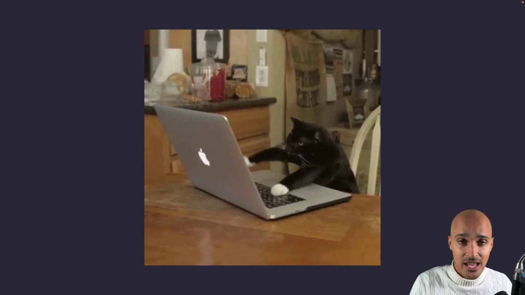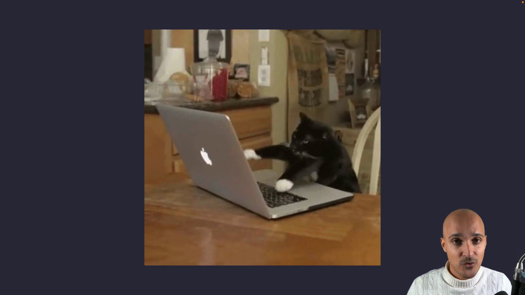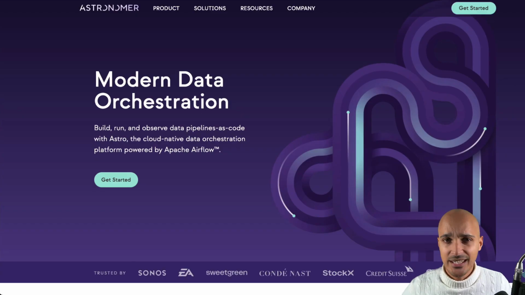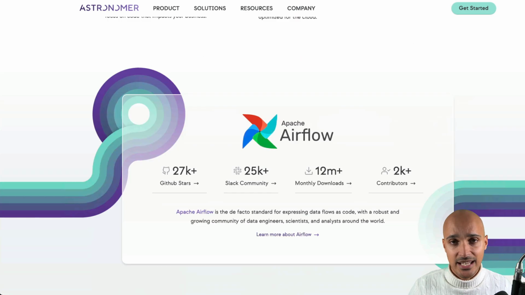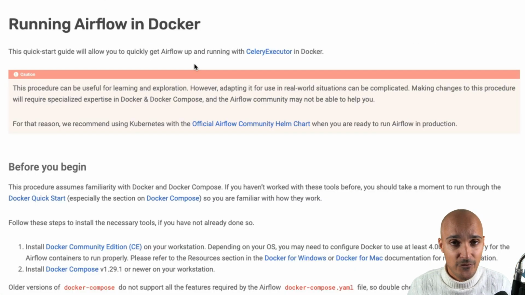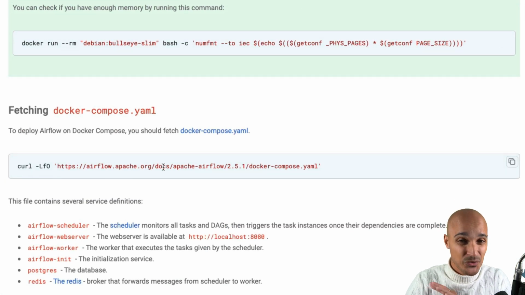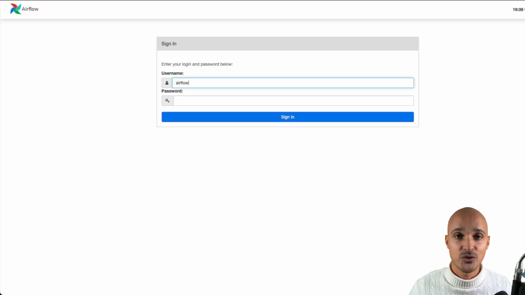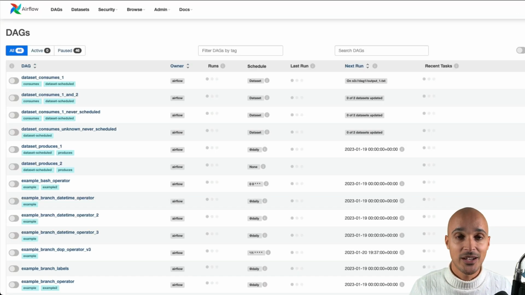But at the end of the day, you are able to run and scale Airflow as you want in your environment, on Kubernetes, on Docker, or any other managed services if you want to. In addition, if you want to install and run Airflow on your local machine, it's extremely easy. You just have to execute one command with the official Docker Compose file and you have a fully functional Airflow instance running on your machine.